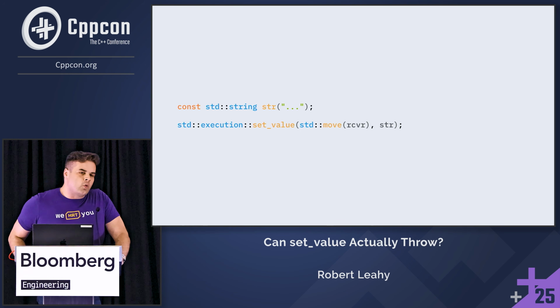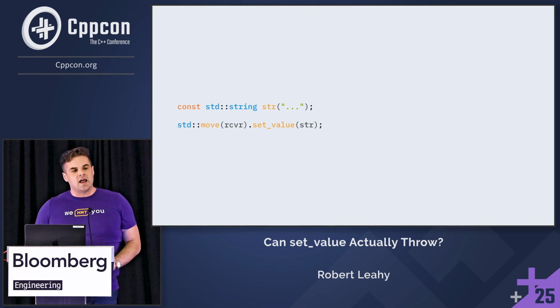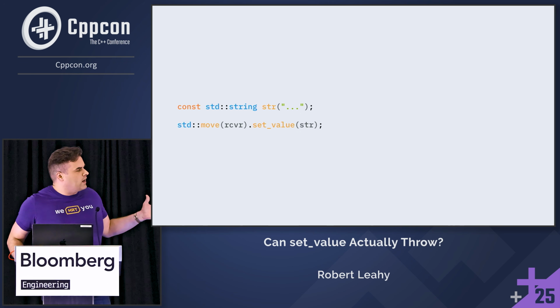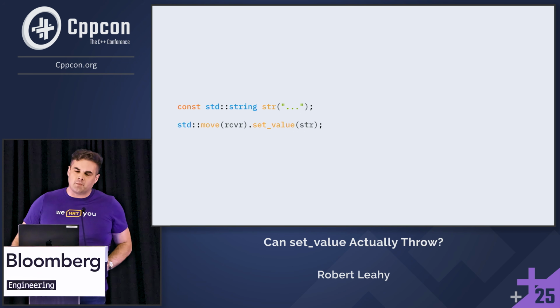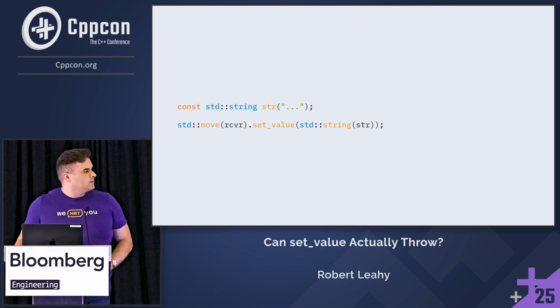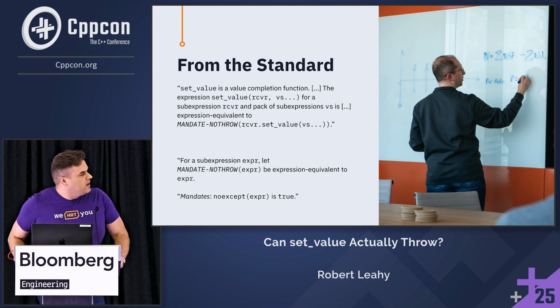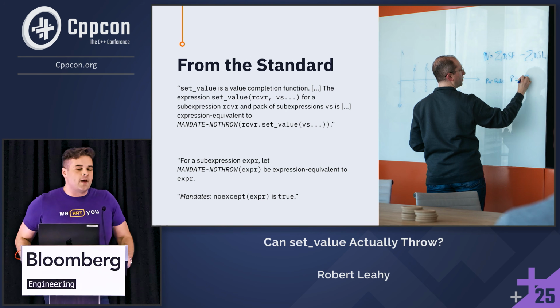To understand further what's going on here, let's decompose std::execution::set_value into what the standard says it actually does, a member call on the receiver. But this isn't all that's going on here, because in order to pass a const lvalue to a member function which accepts a parameter by value, we need to create a prvalue. We need to copy the string. And herein lies the issue, because the standard not only defines the transformation std::execution::set_value performs, it also says that none of the operations it performs can throw an exception.